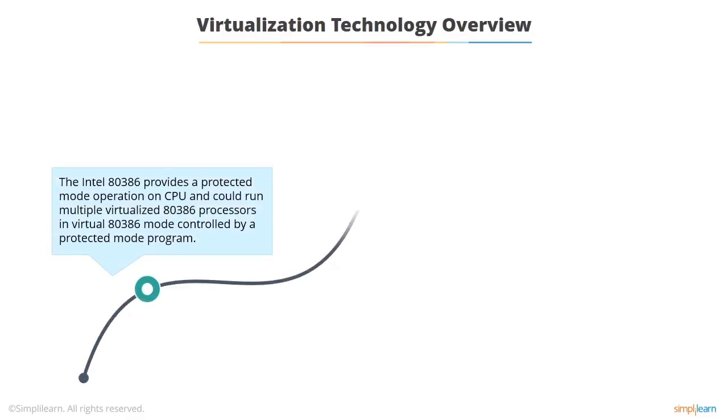In terms of the technology, the idea is actually not new at all, as mentioned, from the 1960s. But when the Intel 80386 came out, which was quite a long time ago now, I can't remember the exact date, it had a very interesting approach. When you fired up the CPU, it looked like an 80386 processor. And then if you issued certain instructions and set up a data structure, you could put it into what was known as protected mode, where you had the full power of the 80386. But when in protected mode, the 80386 could create any number of virtual 80386 environments.